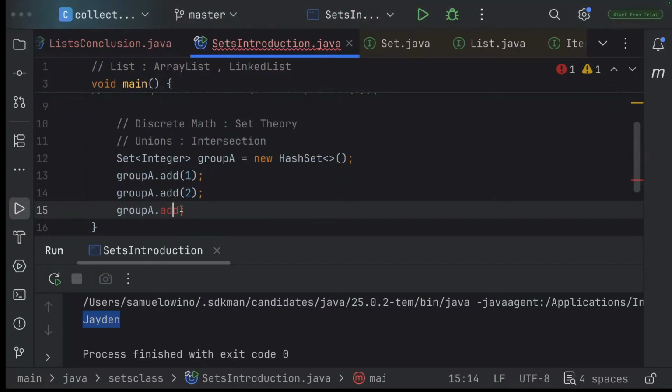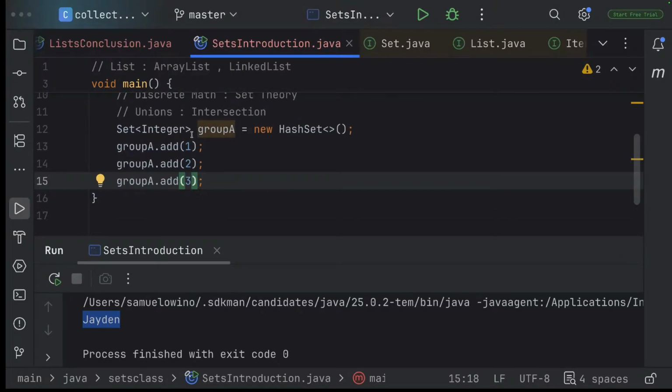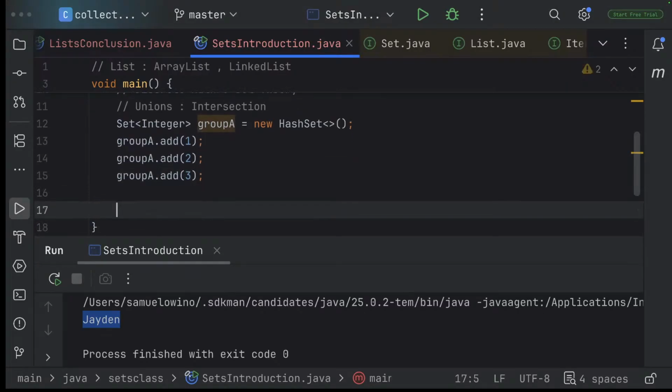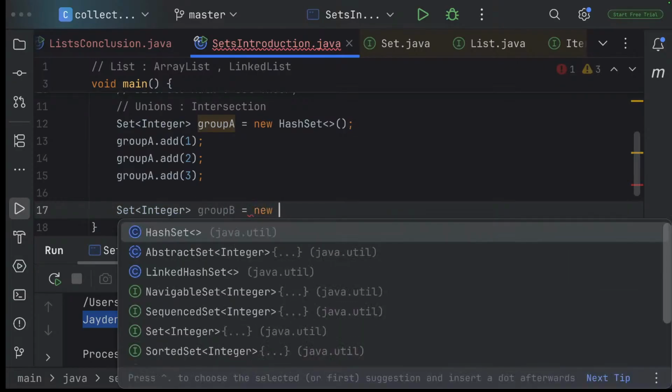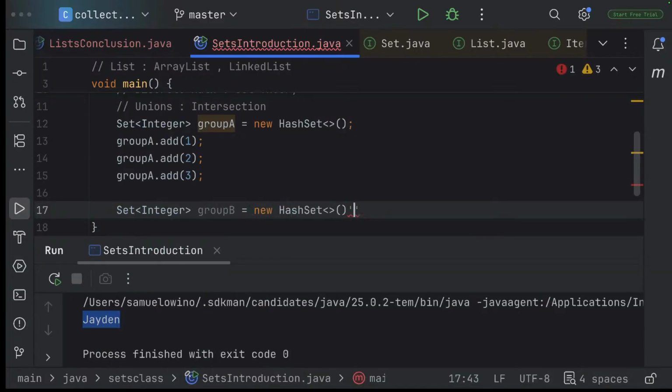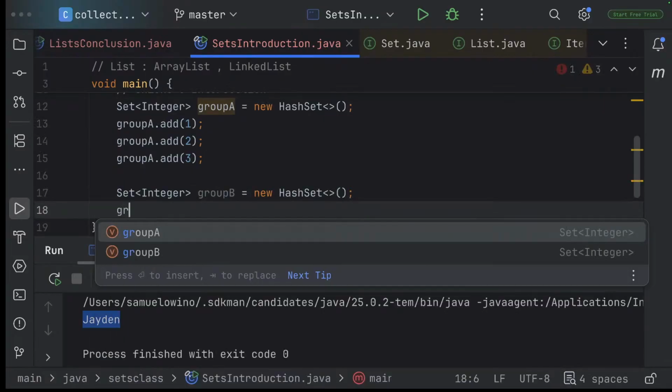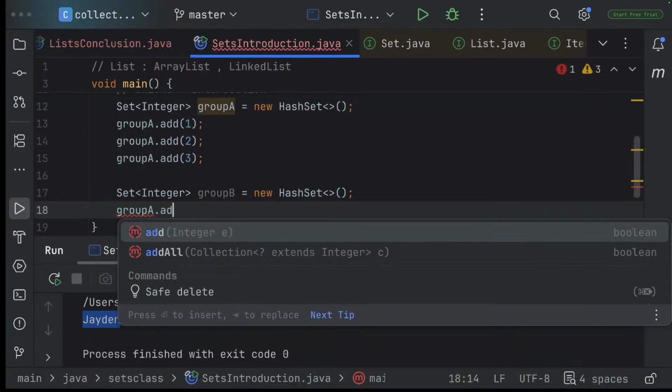Yeah, let's add 3. So we have 1, 2, 3 in group A. Let's have another set again of integers. Let's call this group B. And group B has, group B. We add